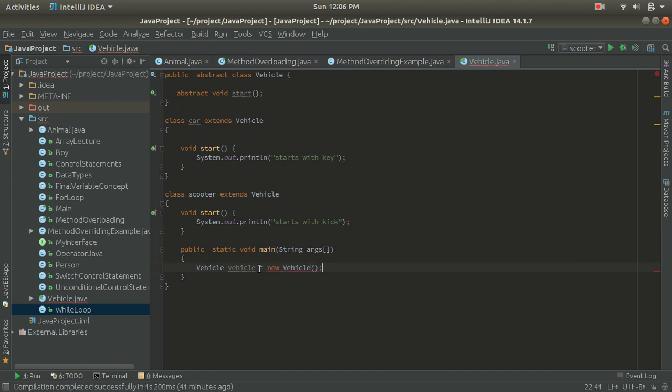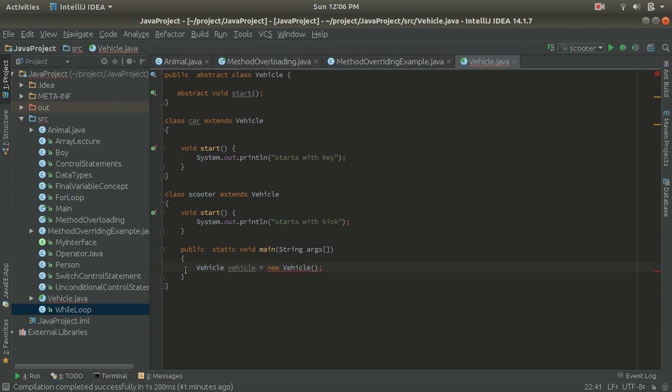As I created the object of the Vehicle class, we got a compile time error, and the error says that Vehicle is abstract, cannot be instantiated. It means that we cannot create the object of the Vehicle class because Vehicle is an abstract class.